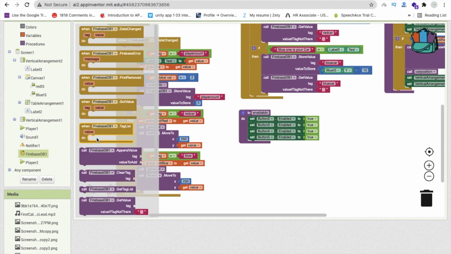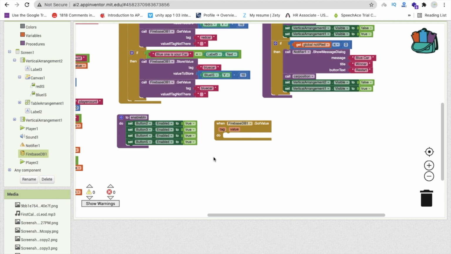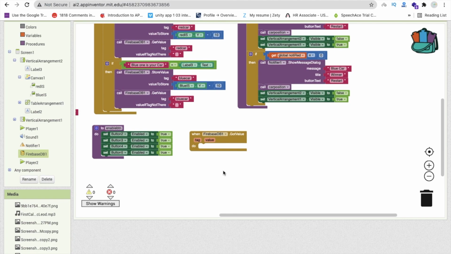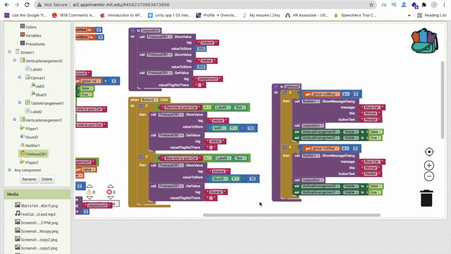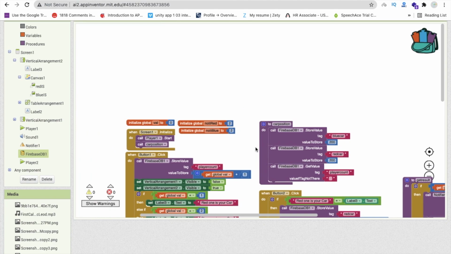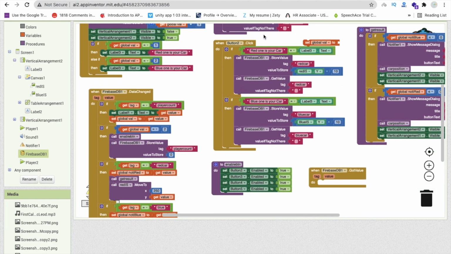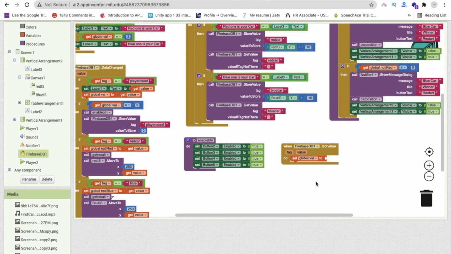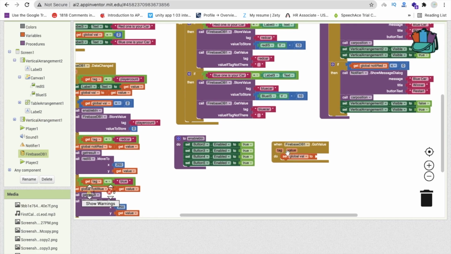Suppose let me just show you got value there, because this value will check whether there are two players or not. So first we will set a global value, and we will set that value like you can see, and let me just zoom in on this. The set global value, whenever we got the value, then we will set that as a value. Whenever we got the value, we will set that global value to get value, and we have to check a condition.